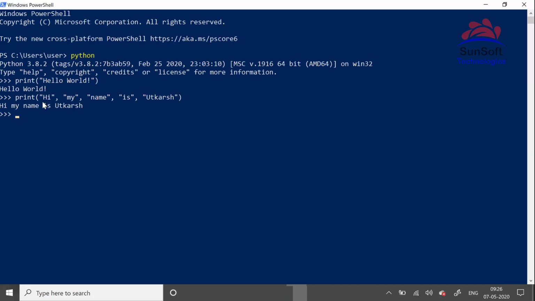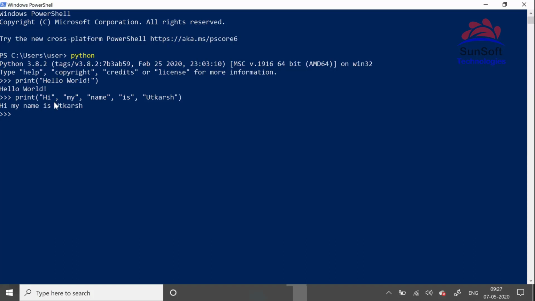The first thing to notice is that the order in which these arguments are given is the order in which these arguments are printed. Hi is before my, so that's why it's printed first. Hi, my name is Utkarsh. So as you can see, in this case the position of these arguments is what tells the print function which one to print first.